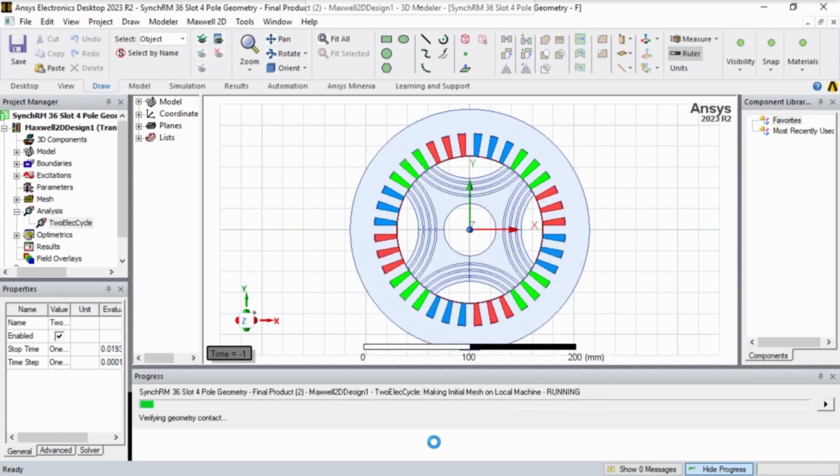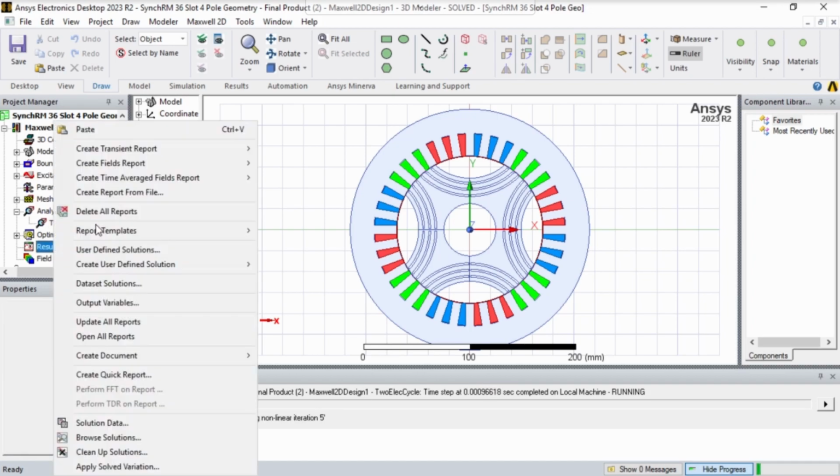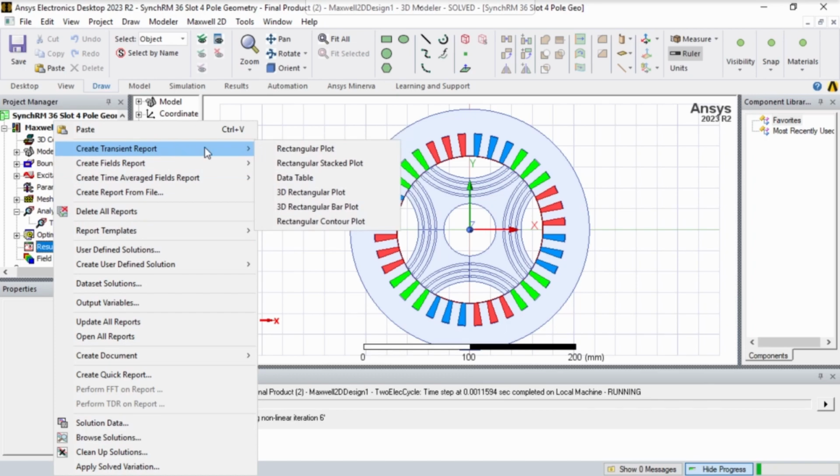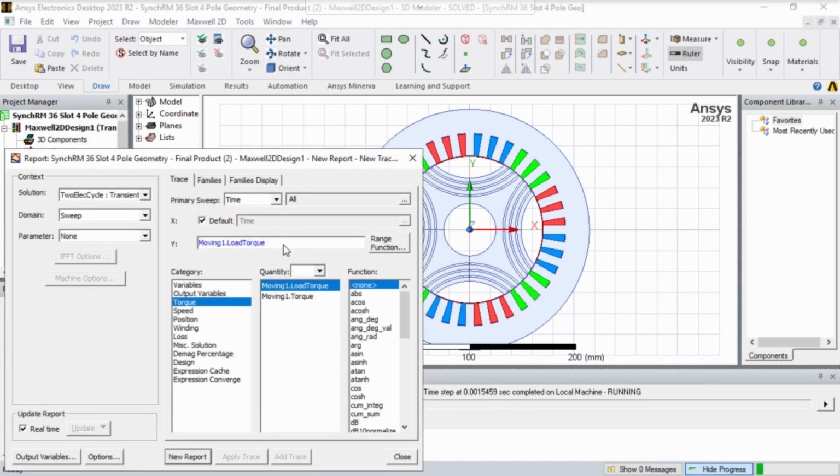Now we're running a simulation of the motor running at the base speed at max torque, and it's running a core loss model, and it will also have a stranded loss model, which is going to give us our copper losses. So if you right click results, create transient report, rectangular plot,